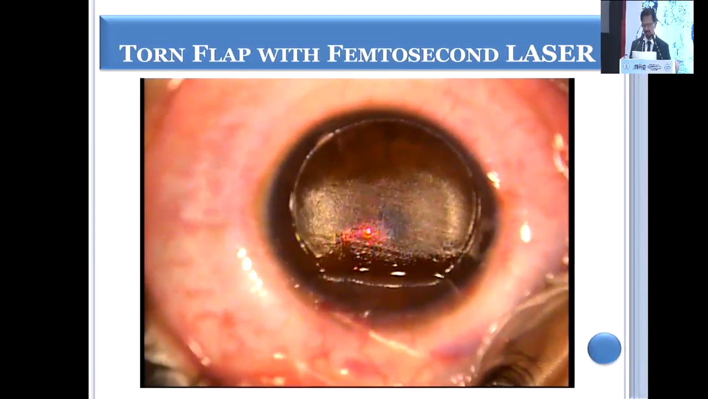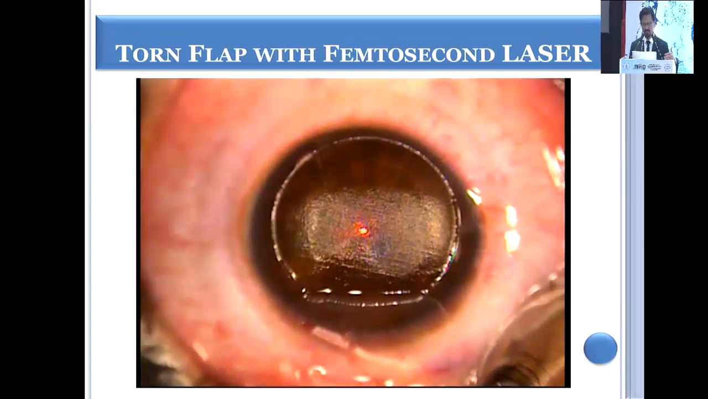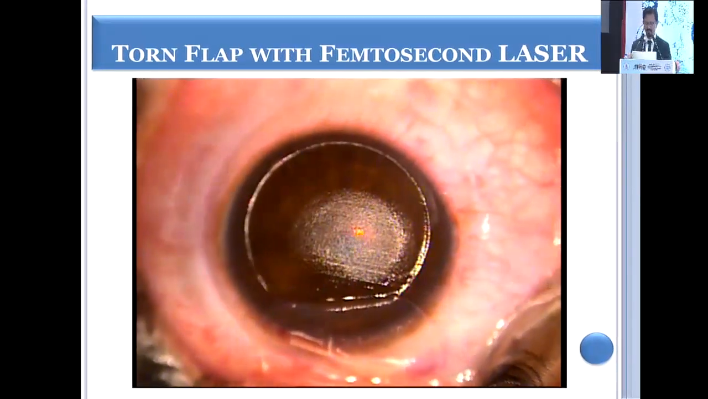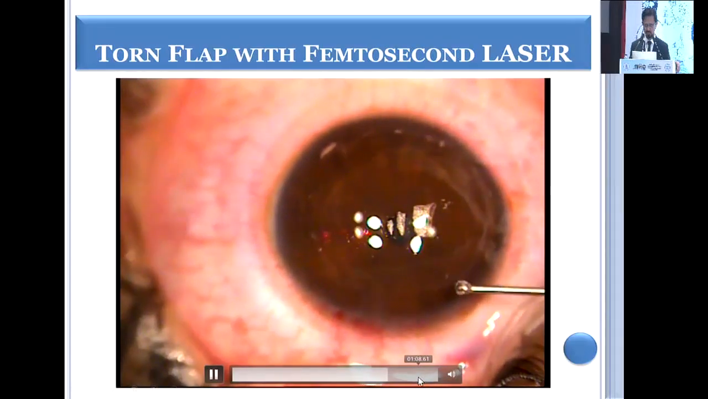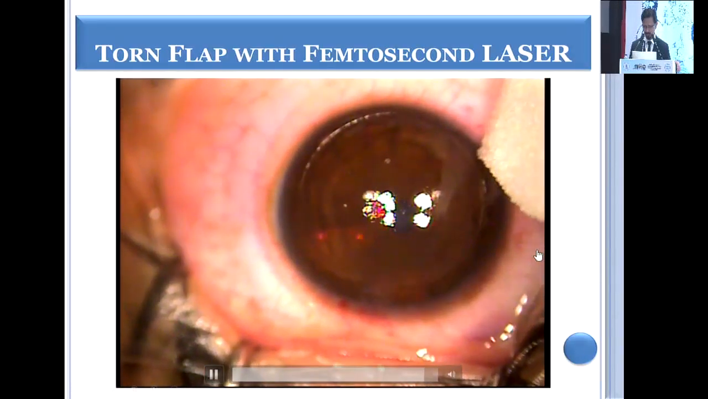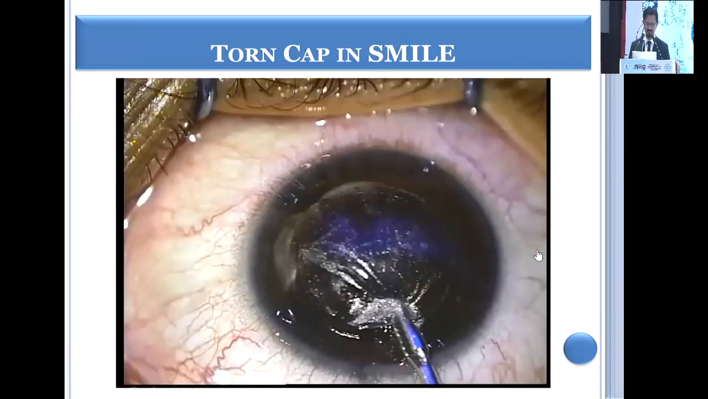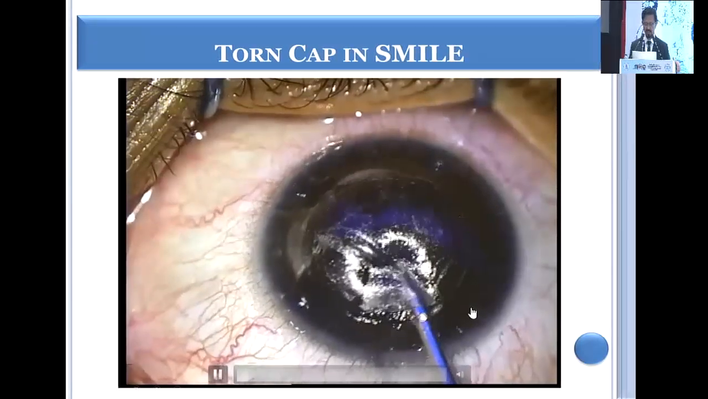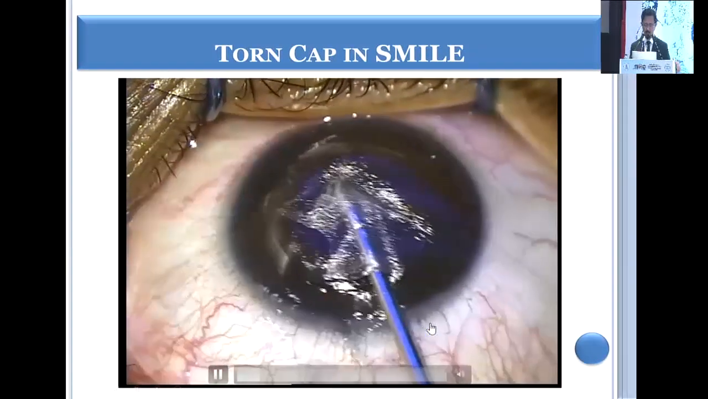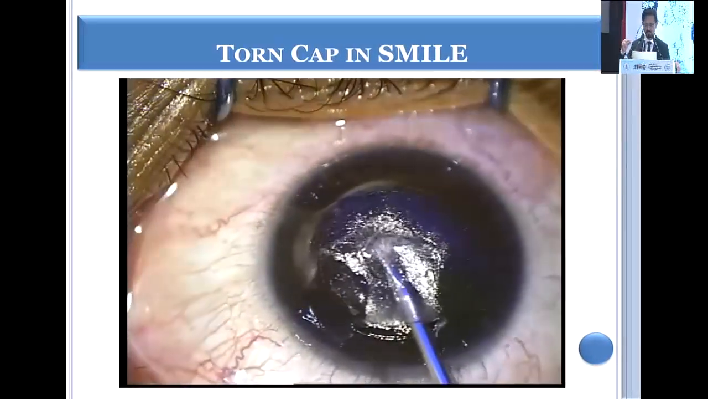So it can happen. If it happens, then you can lift the flap, do the ablation, reposit it, and once again see to it that the edge apposition is appropriate so that the epithelial ingrowth risk is less. There can be torn cap in SMILE as well, and this happens mostly when you are removing the lenticule,